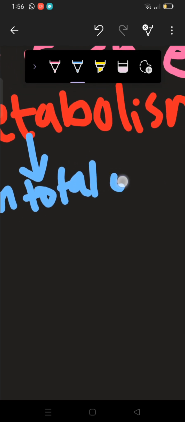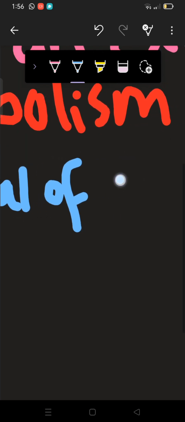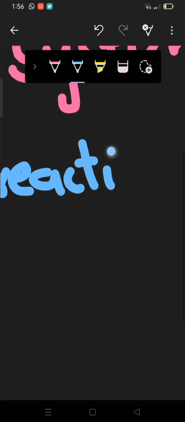What's the definition of metabolism? It's a sum total of all chemical reactions, because we know that all the chemical reactions are